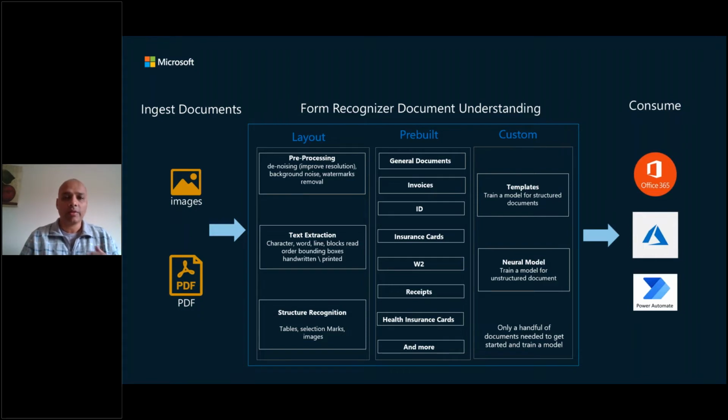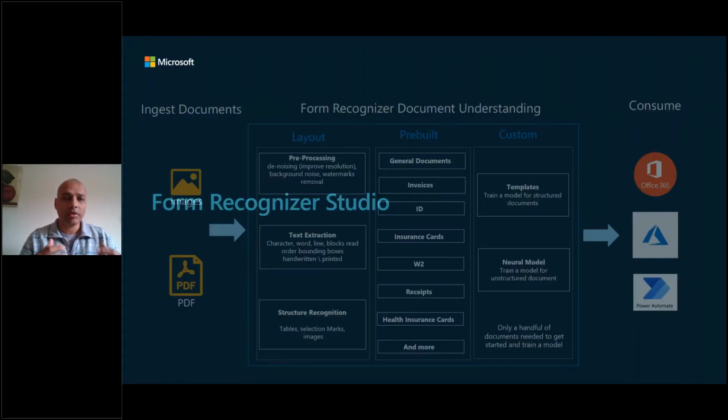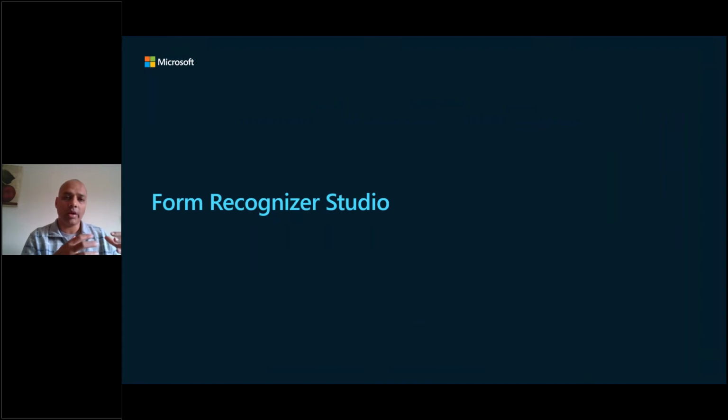Let's take a quick look in the Form Recognizer Studio, which is essentially where you go build your models as well as where you go test your models. So let's take a quick look at the Form Recognizer Studio, and let's understand how some of these capabilities apply to the scenarios we've just described. So I'm going to switch my screen over to the studio, and what you'll see is